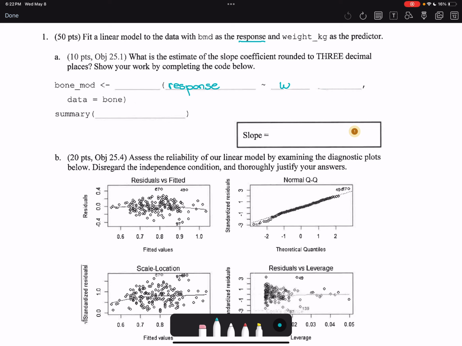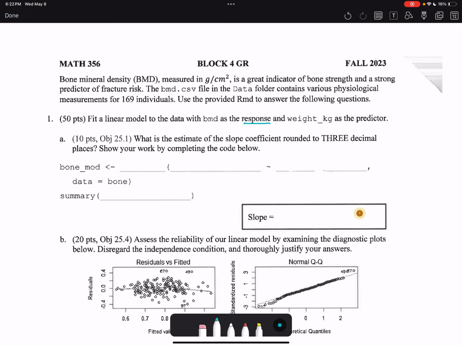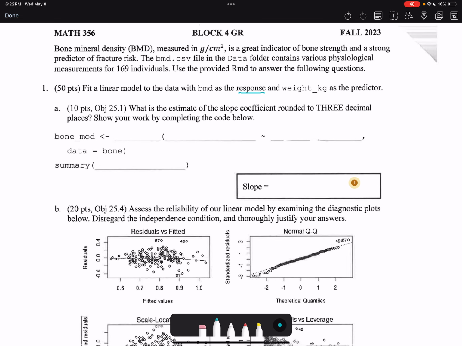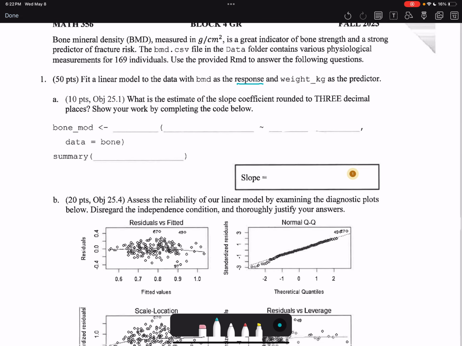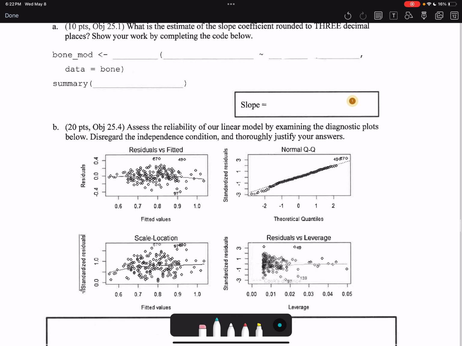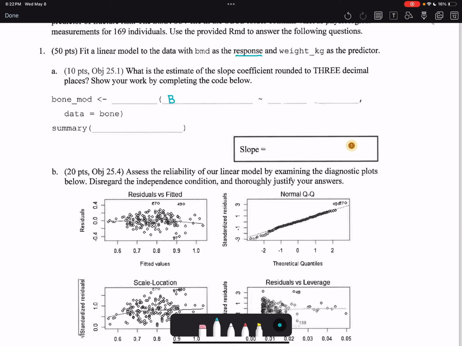I wanted to write BMD. So bone mass density, right? Is that what it was? Bone mineral density. Bone mineral density, but it's not capitalized, so let's just be very precise. Bone mineral density as a function of weight